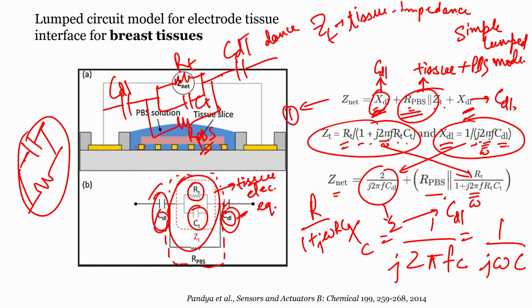What do I mean by that? We are not taking any distributed element. Distributed element means capacitance per length, per unit length. Why are we not going for this? Because the length of the overall